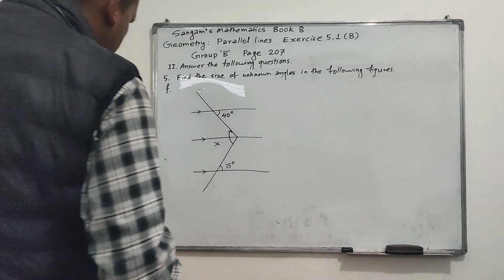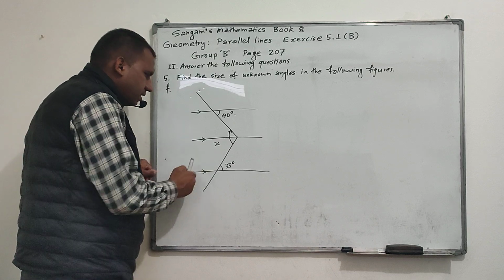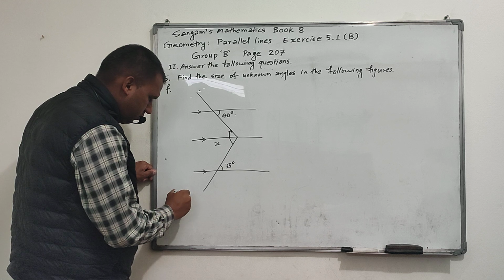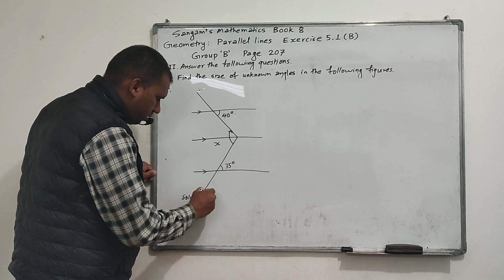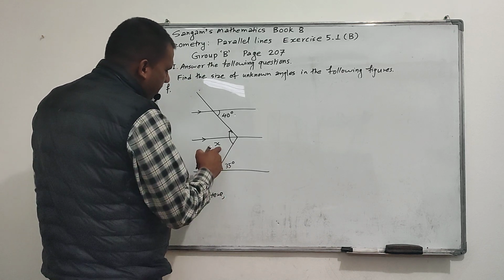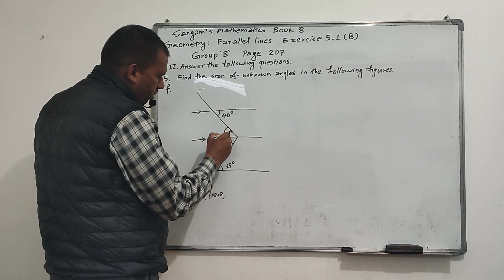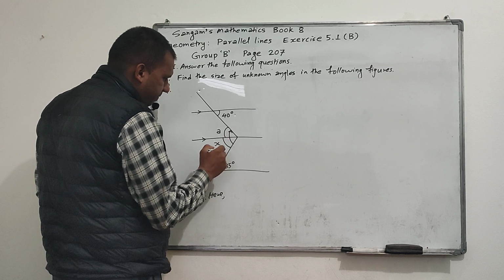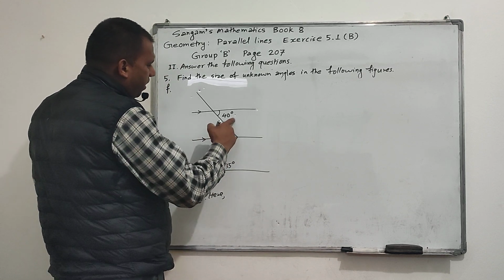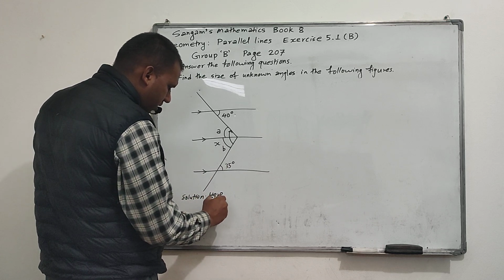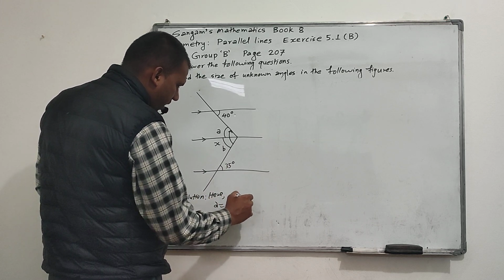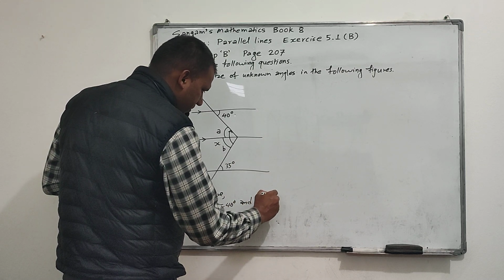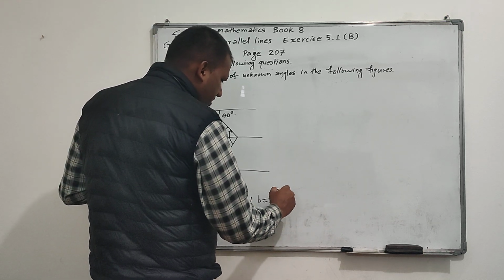Okay, students, now 5F. On this figure, we have to find the value of x. Now its solution. Here, x has two parts. Upper part, this angle suppose A. The lower part, this angle suppose B. Now A and 40 are alternate angles, so you can write A equal to 40 degree, and B and 35 are also alternate angles, so B equal to 35 degree. Reason being,